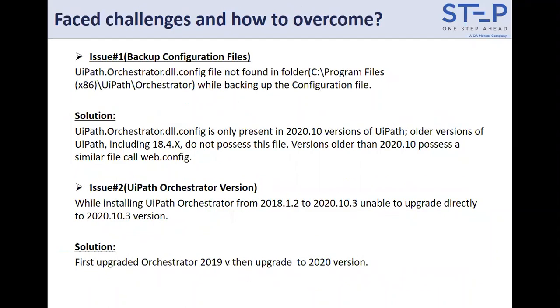Now going forward, what are the challenges that we faced while upgrading UiPath Orchestrator and Studio, and how did we overcome them? The first issue we faced was while backing up the configuration file. According to the document, we have to take the backup of 2 files, that is the web.config file and the DLL config file. But this UiPath Orchestrator DLL config file was not found in this particular path while backing up the